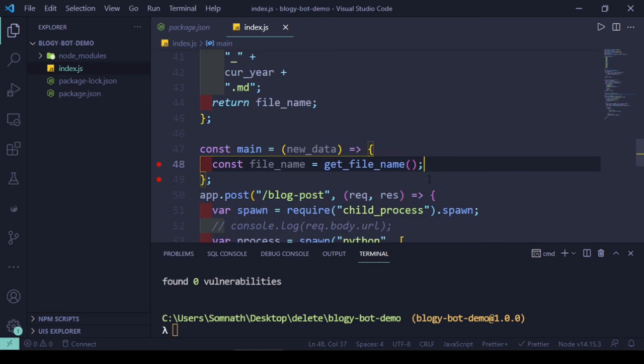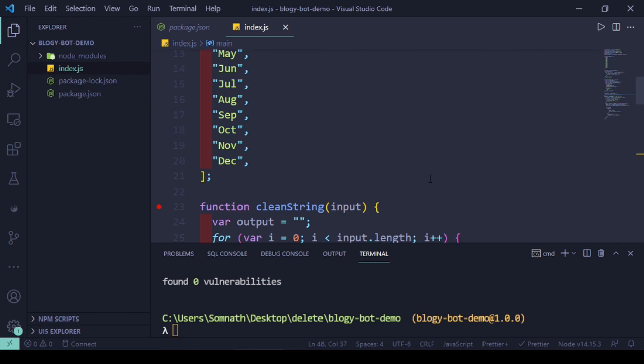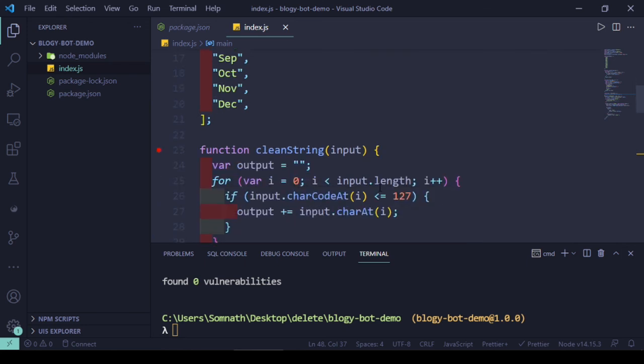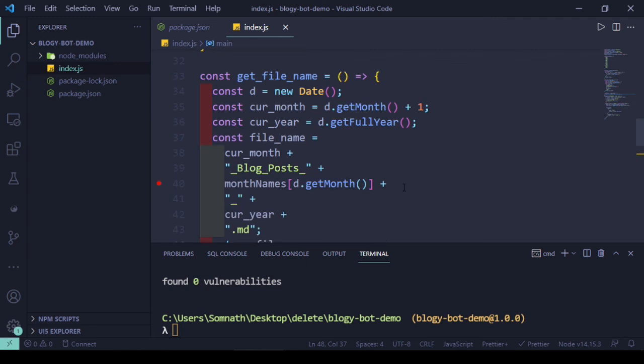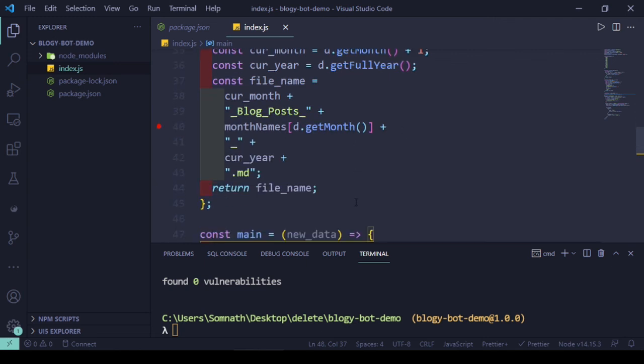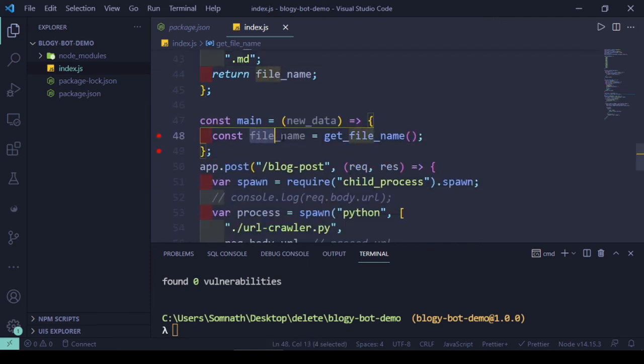Now we have received the file name, and we are using these defined months, and using the index of the current month, I'll get that month name followed by .md, which is a markdown file that we're going to create, and we'll finally receive the file name that we need to create in our GitHub repository.